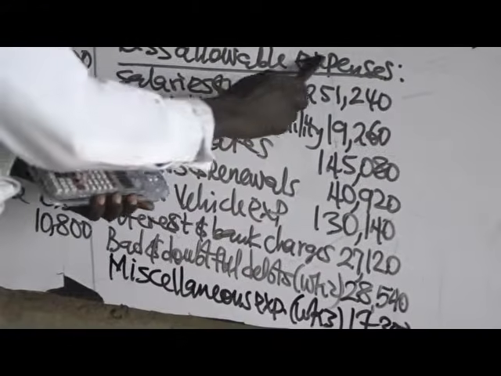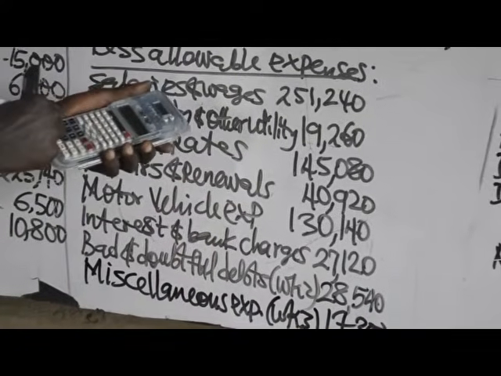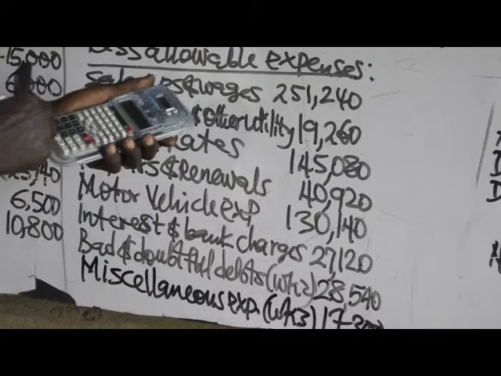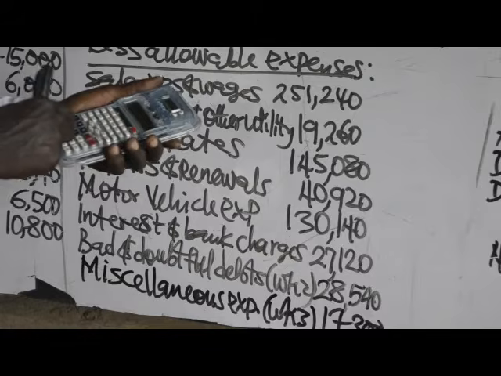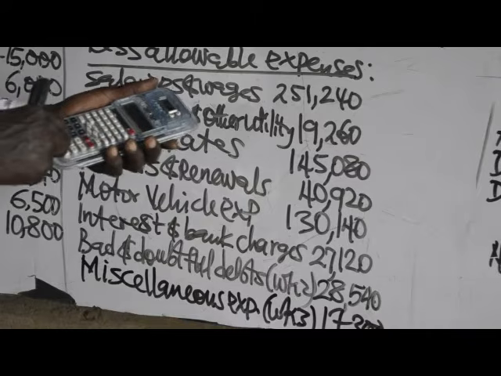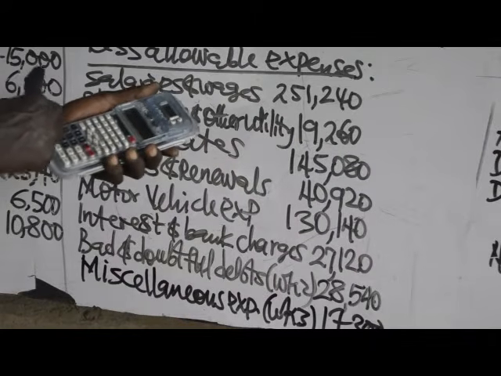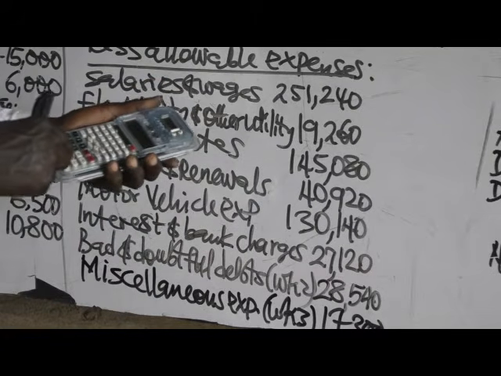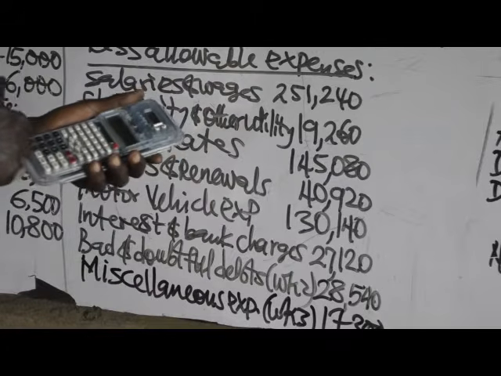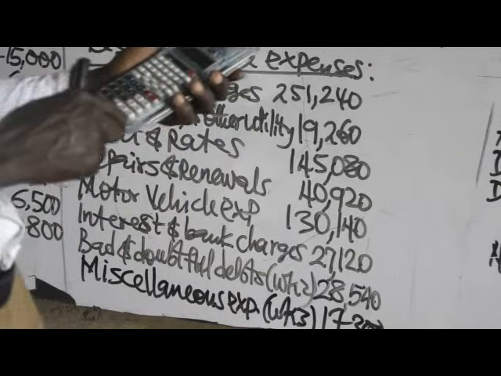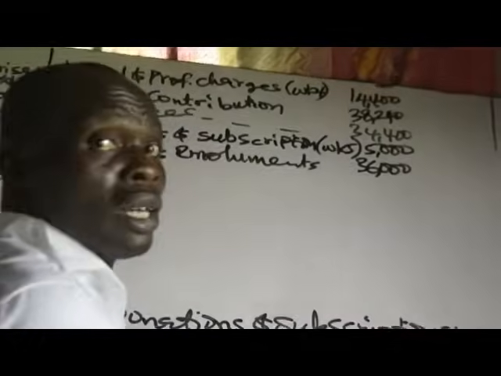Now, you sum up all the allowable expenses. What is the total? 251,240 plus 19,260 plus 145,080 plus 40,920 plus 130,140 plus 27,120 plus 28,540 plus 17,300 plus 14,400